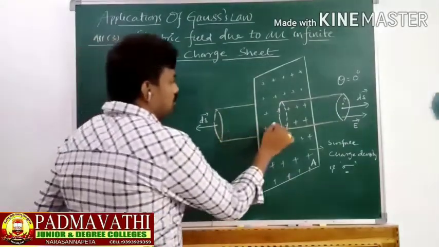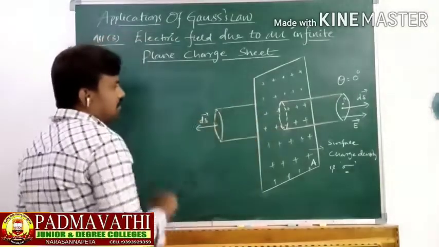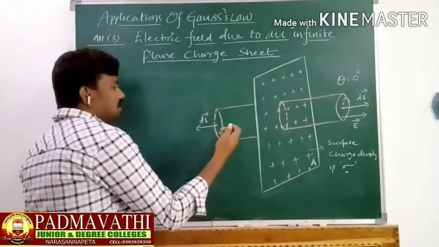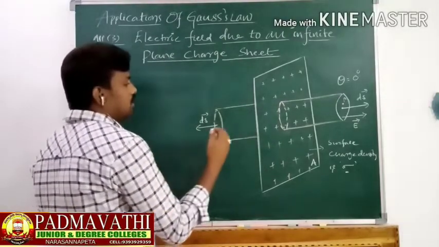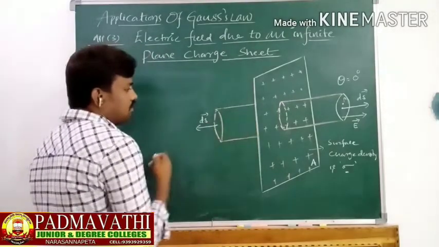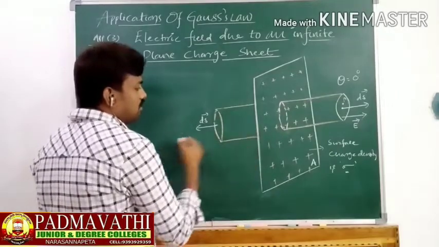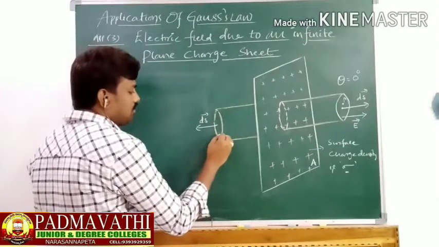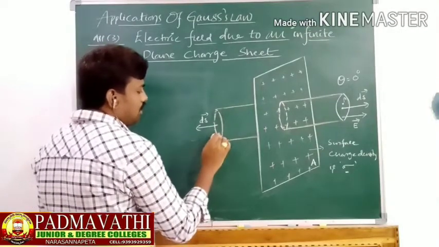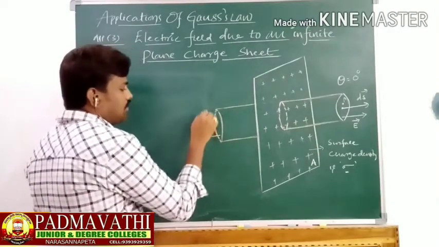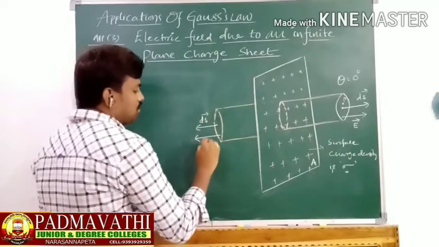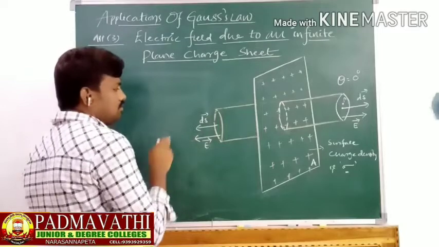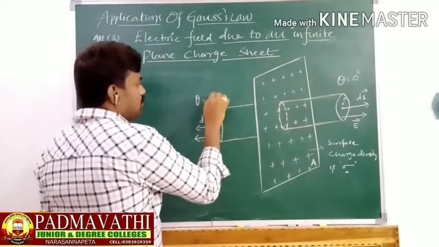And here also, because of the other side of the sheet, we can expect the flux coming out, and that flux is also normal to the sheet, and will come perpendicular to the sheet here, and the direction of the flux will again be like this, which will be parallel to dS bar. So here E bar is again parallel to dS bar, and here also theta will be equal to 0 degrees.